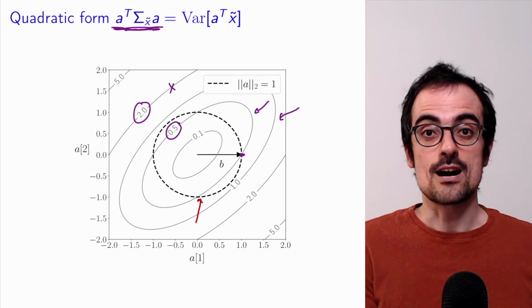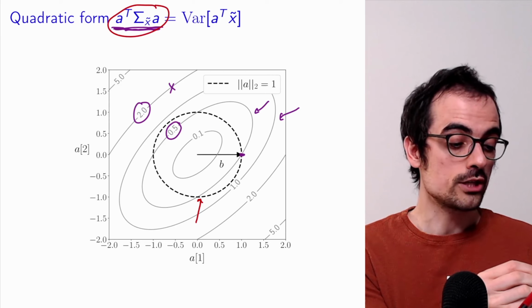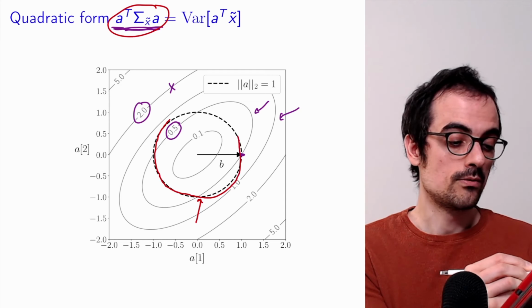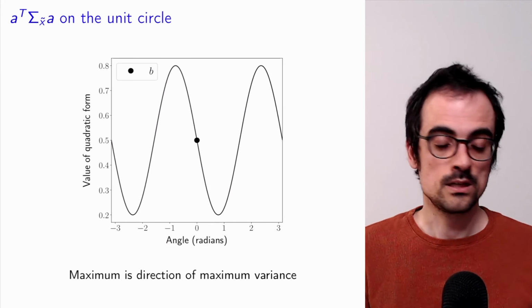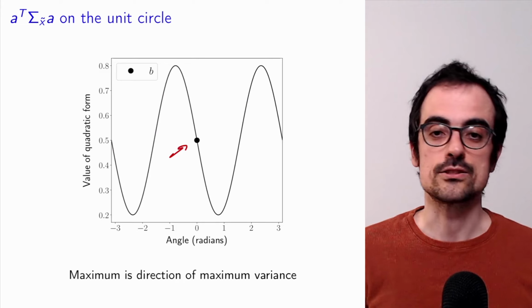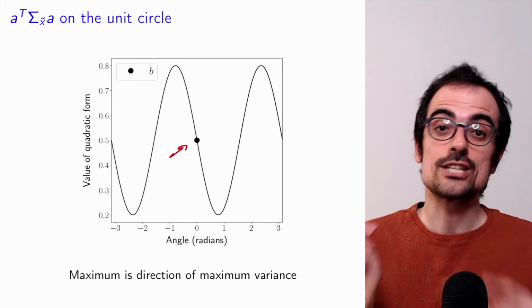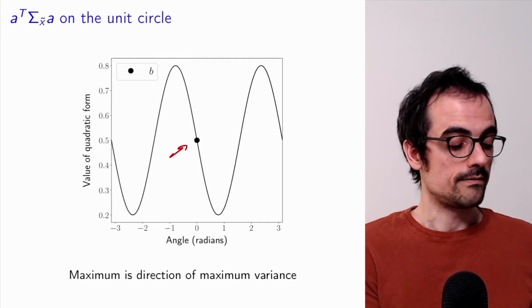So those variances are exactly going to be the value of this quadratic form on the unit circle. This is what we're interested in. So let's plot them for this two-dimensional example. They look like this. And this one in particular corresponds to the vector v that we were looking at. In order to find the direction of maximum variance in this two-dimensional example, we want to find where this point